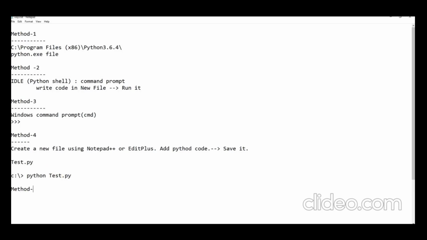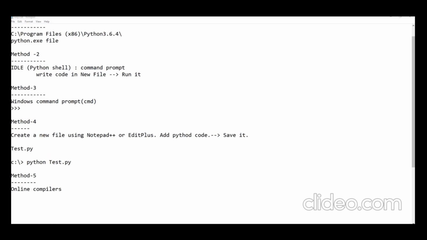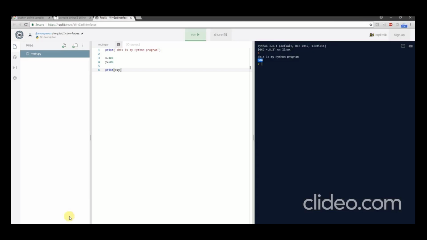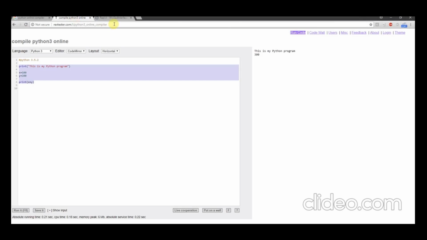In online compilers we have two popular ones. One is retester.com. The other one is the ripple.it compiler.